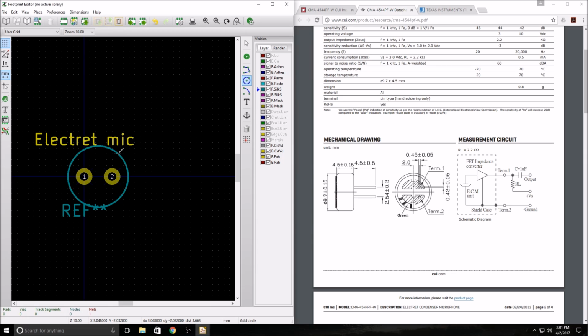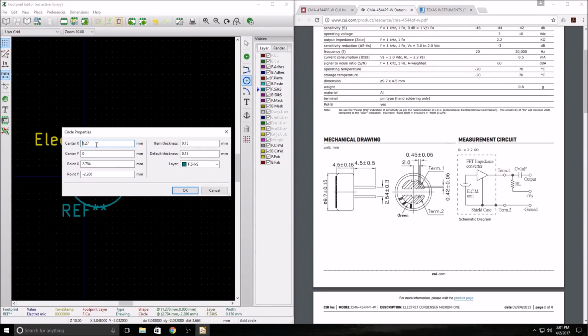So if we hit edit, and we want to have this have a diameter of 9.7, so if we call the center of this guy